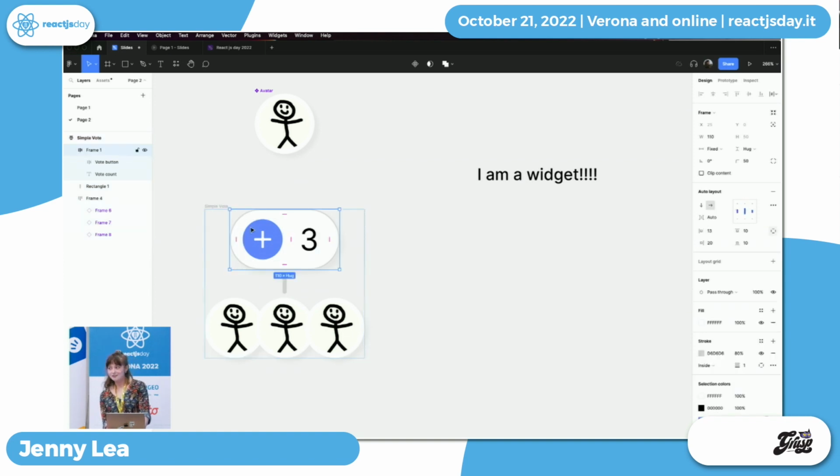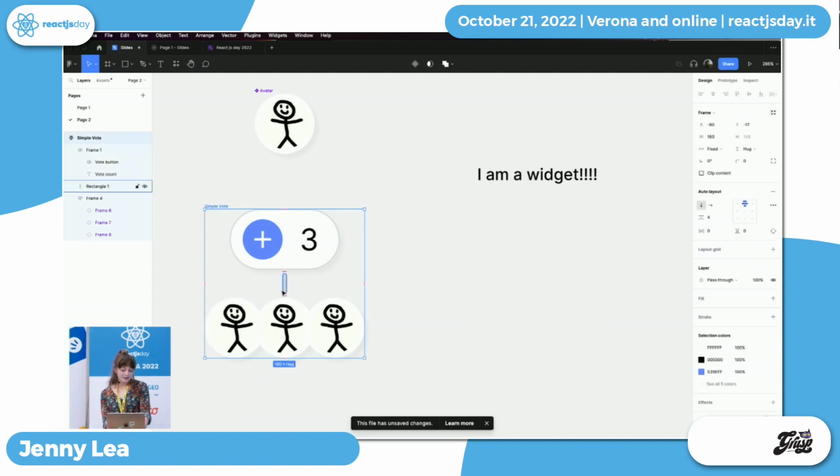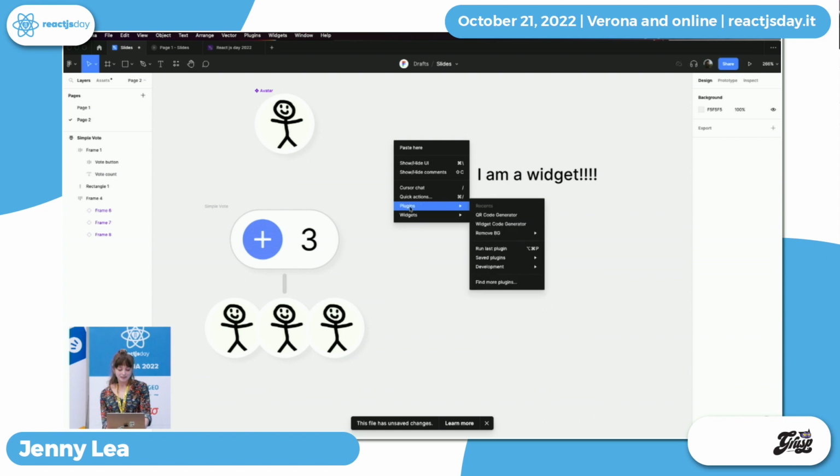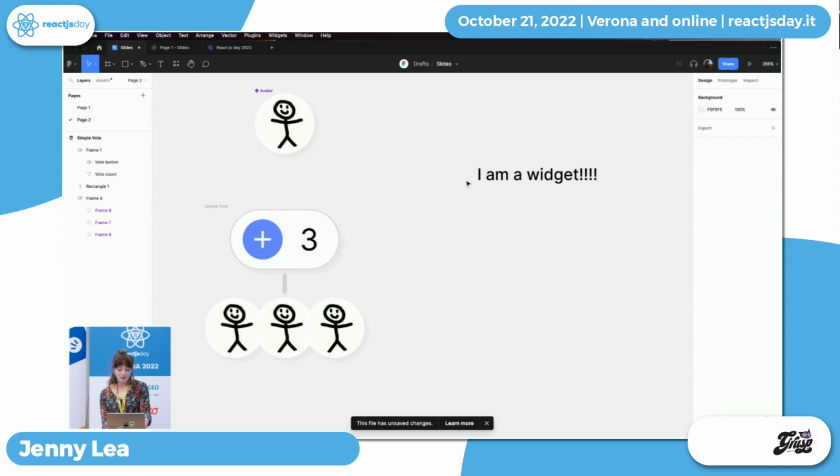I'd have to go through and be like, oh, this is an auto layout. And then inside it, I've got a frame. And then inside that, I've got this weird rectangle thing that needs to be in the middle. And I'm sure, as all of you know, that will take some time. So what we're going to do instead is run our Widget Code Generator plugin,